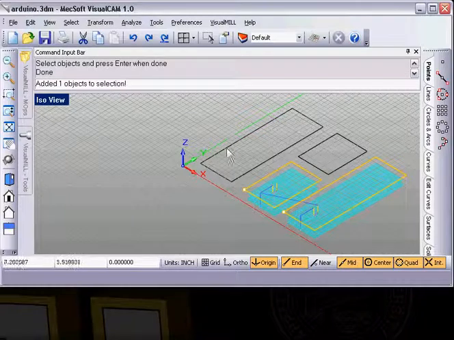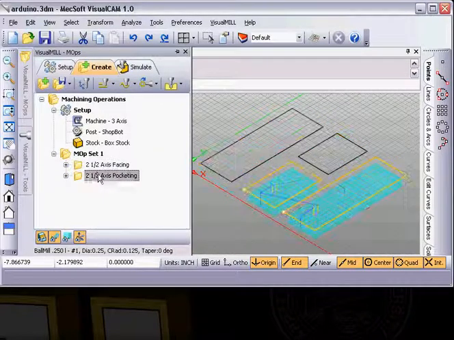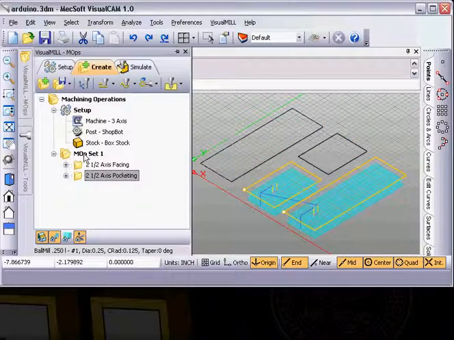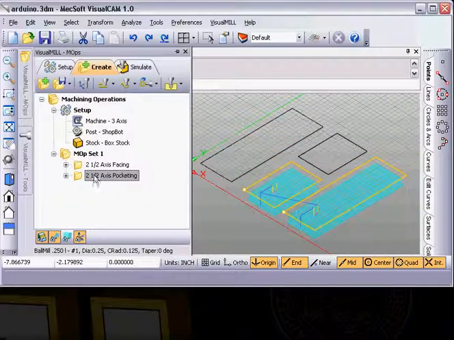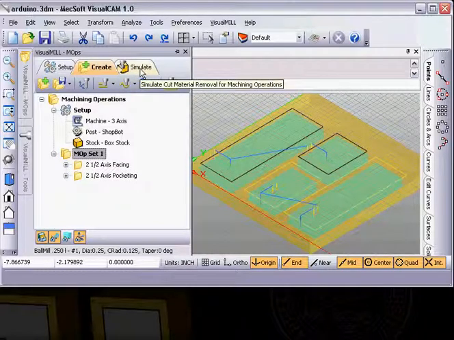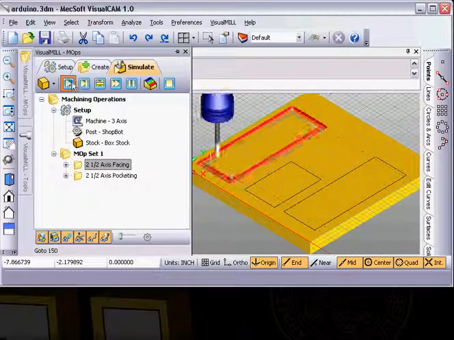Then I've got my 2 pieces here. I'm going to go to the visual mill, and I want to highlight both of these pieces by selecting the set. And so once I do that, it's going to simulate both of these tool paths. If I selected just one of them, it would simulate this but not this. So I'm going to select the whole set, go to simulate, I'm going to hit simulate, and there it's cutting